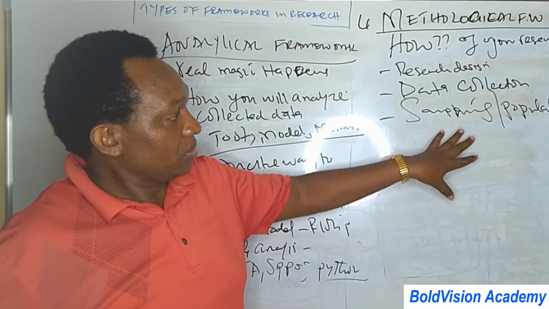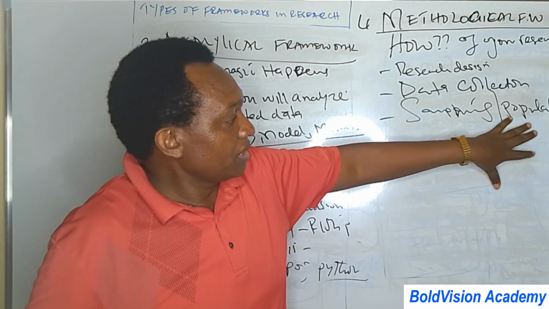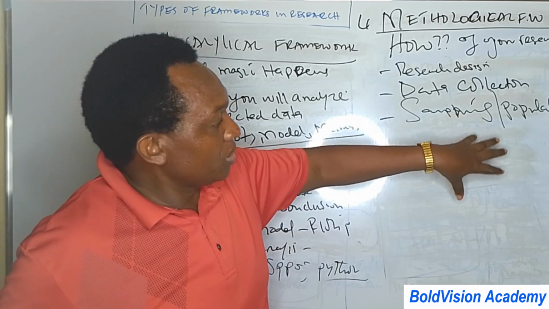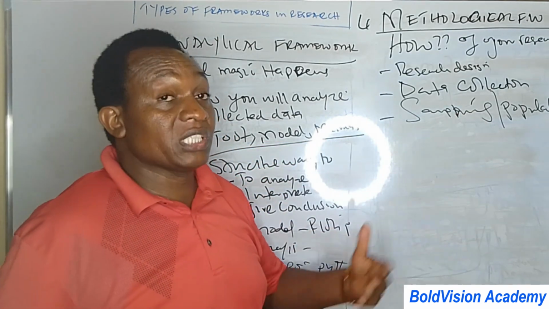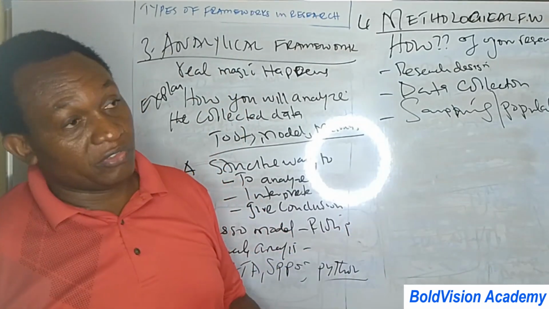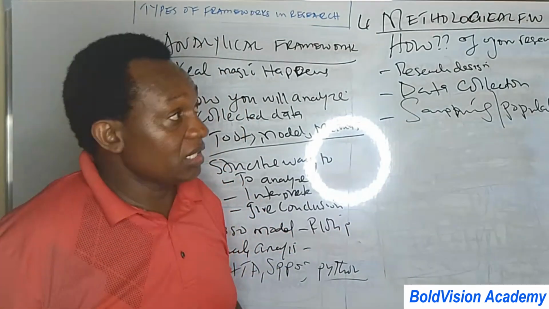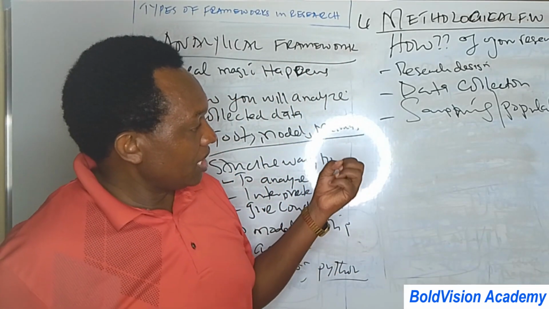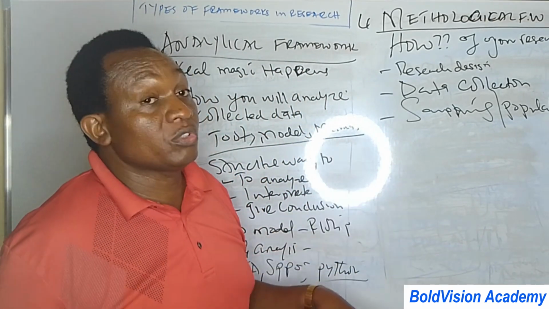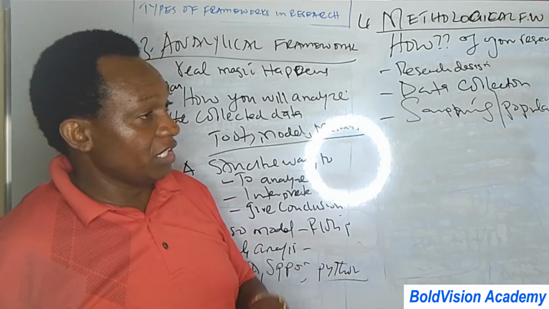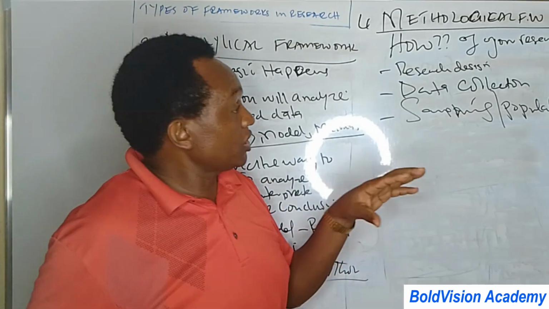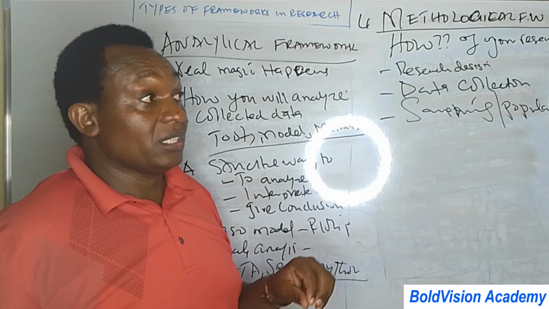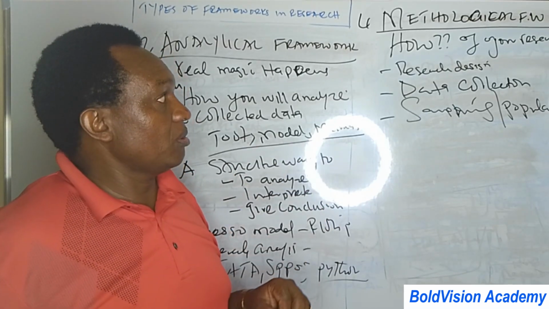Then it tells you the methodological, the sampling method that you're going to use, and how you are going to use it, and the supporting evidence why you're using that type of sampling method, and how are you going to determine your sample. So whether you're going to use a model, a formula, or any method that you're going to use. So methodological is very, very key, and most of the time it forms our chapter 3 in our research, and it should be well articulated, because this is the engine of your research.